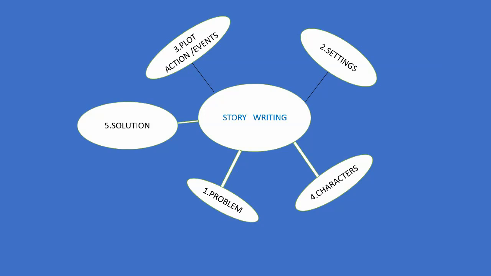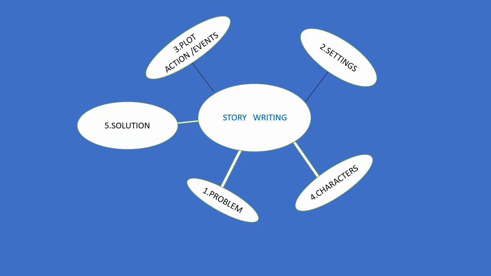Now, once you mention the problem, move on to the setting. Now, your question will be where? At this point, you are going to mention the place. You are going to describe the ambience, right? And once you start describing the ambience or the setting, always remember that it must not be too elaborate. Just limit yourself to 30 to 50 words, because the one who is reading your story, or the teacher who is reading your story, would like to know what are the rising actions or the events in the story.